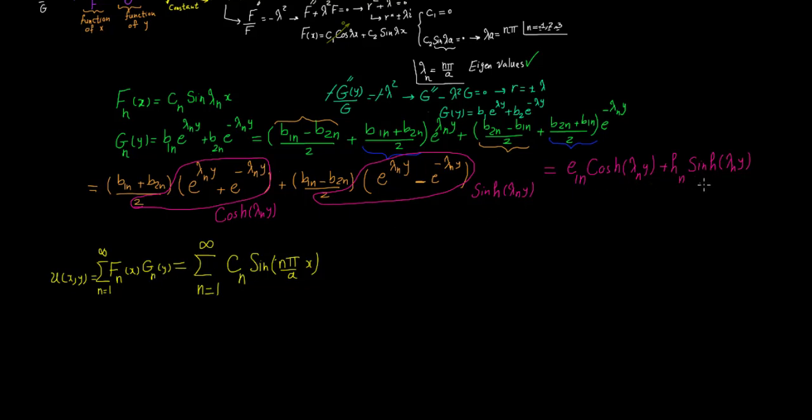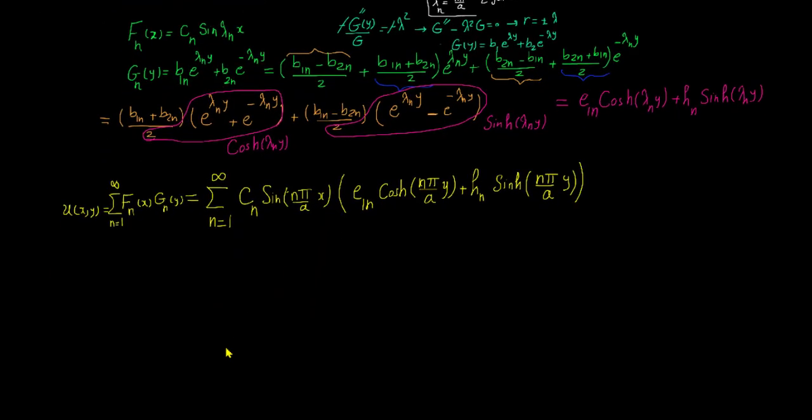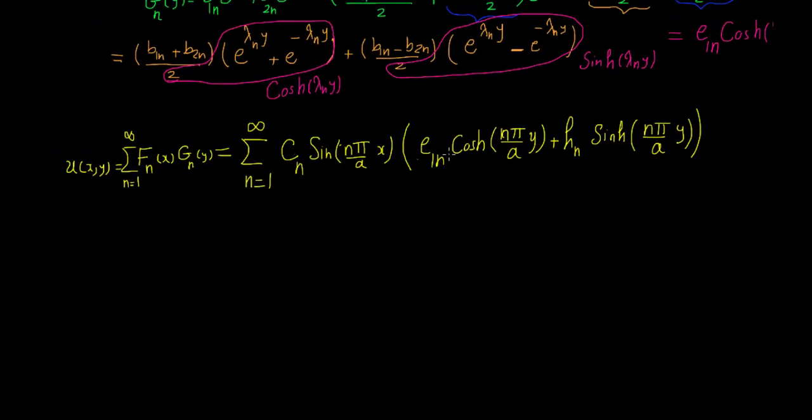We simplified it into this new format, which is e1n times cosine hyperbolic of lambda n, which is n pi over a times y, plus h sub n times sine hyperbolic of lambda n, which is n pi over a times y. Now if we FOIL this expression with the cn times e1n,